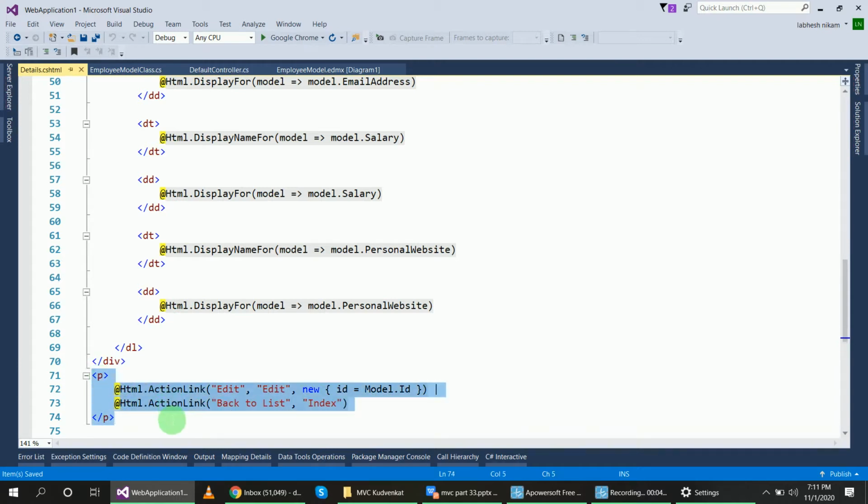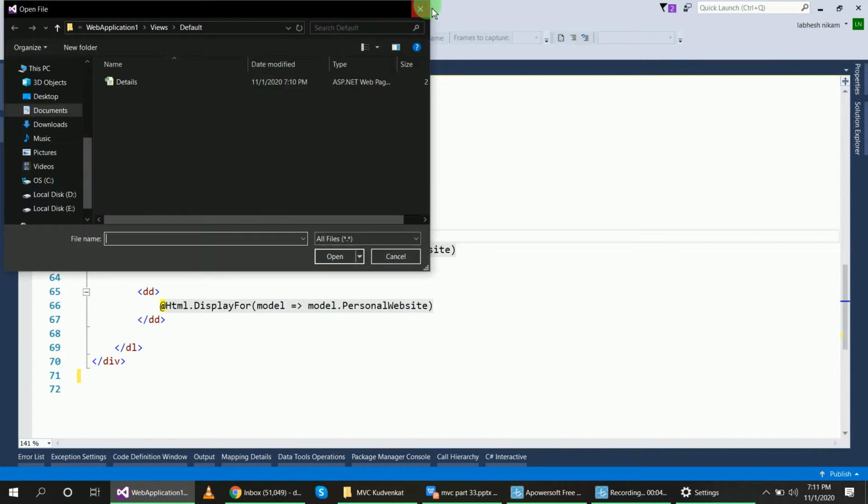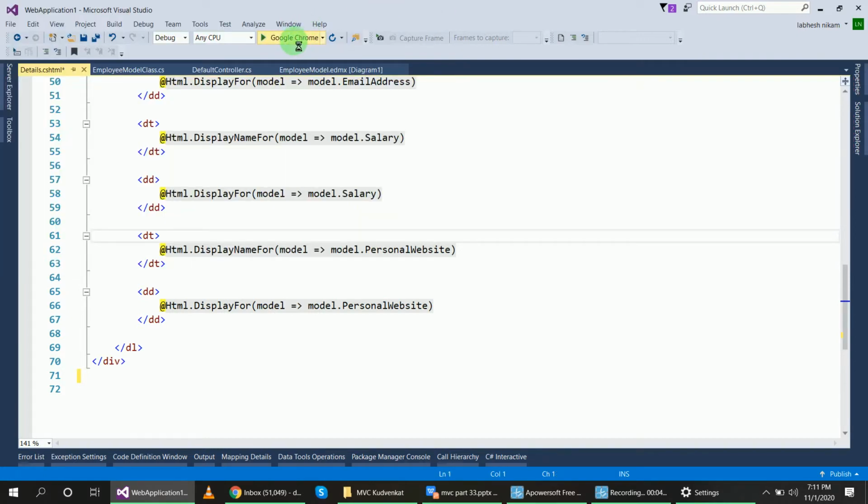First we will check the output without DisplayForModel, when we run this program.